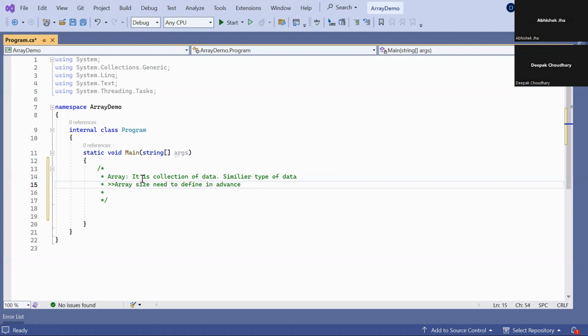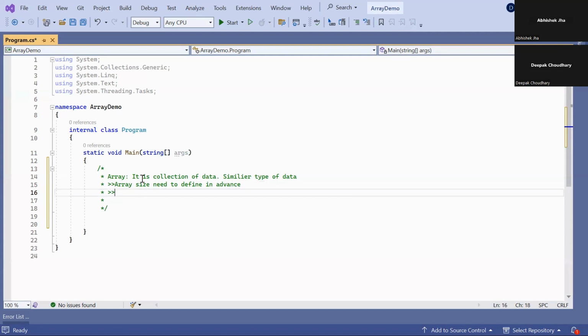It means you have to decide how many data items will be stored in that array. That needs to be predefined. It can't be defined at runtime. When you create an array with a size of 5, that means only 5 elements you can store into that array, not more than that. So that size is always defined in advance. We can't change it at runtime. That kind of restriction is there in the array.